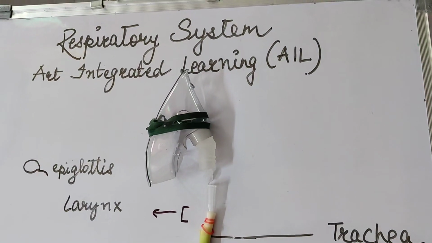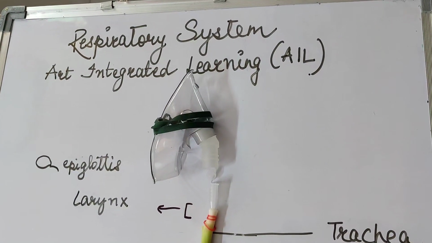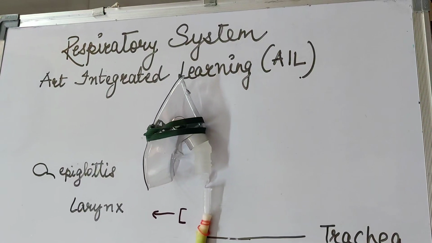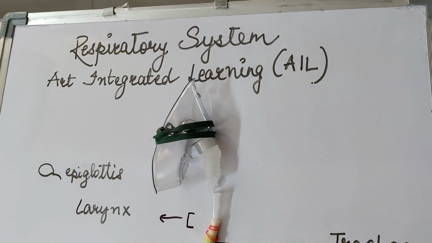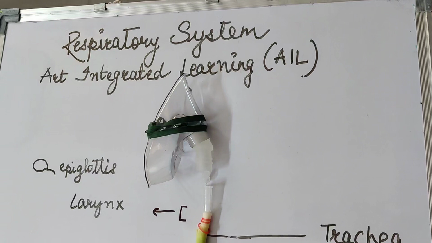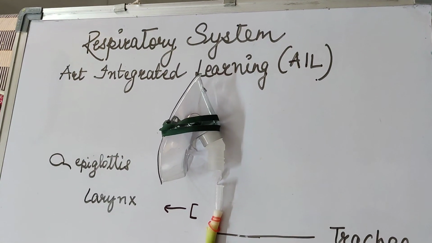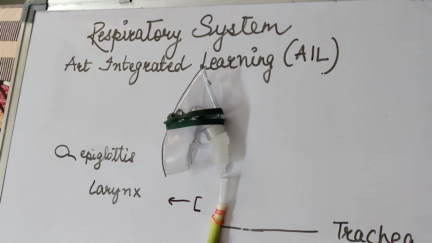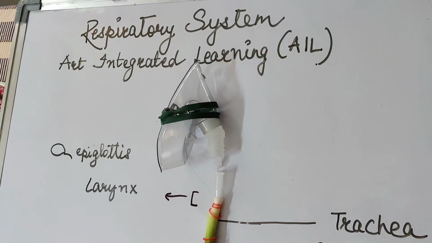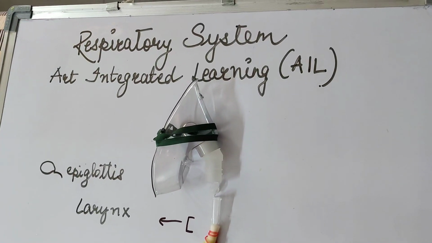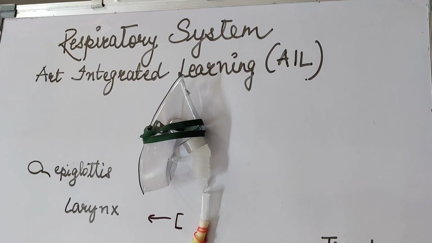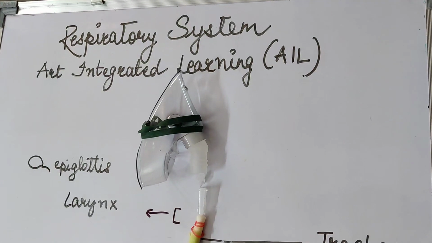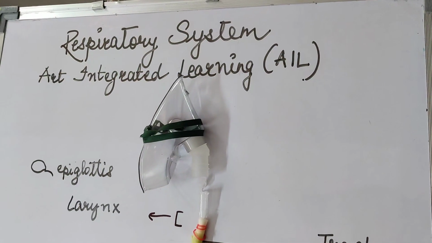Okay, class. Hello, everyone. Today, in reference to our art integrated learning, we are also going to take up another session where you are going to focus on the respiratory system. Now, dear students, you know a lot of organs are involved in this respiratory system, where a breathing mechanism is going on. Then the oxygen is being provided to the blood through the alveoli. So it is just a simple representation of things that are present around you, so that you can relate it with your imagination of how this particular system would be working.